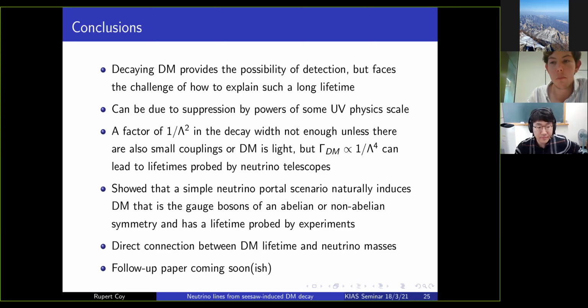But if you can manage to have the dark matter decay from some effective dimension 6 interaction, then you can get to a lifetime that is not only long enough, but at the same time short enough to be probed by present experiments. We constructed a specific model where this dark matter was the gauge bosons of an abelian or equally a non-abelian symmetry. And there's some nice connection between dark matter lifetime and neutrino masses, and there's